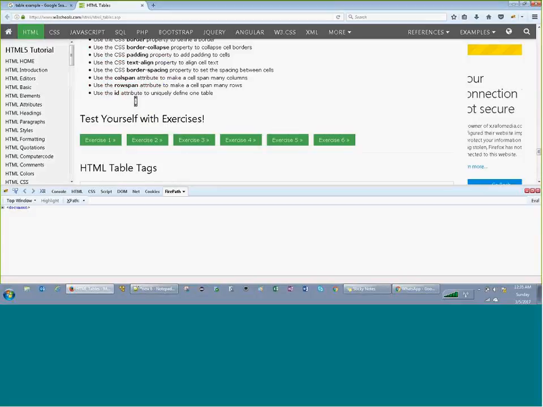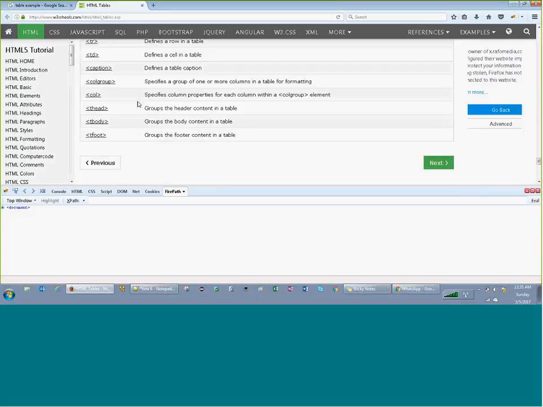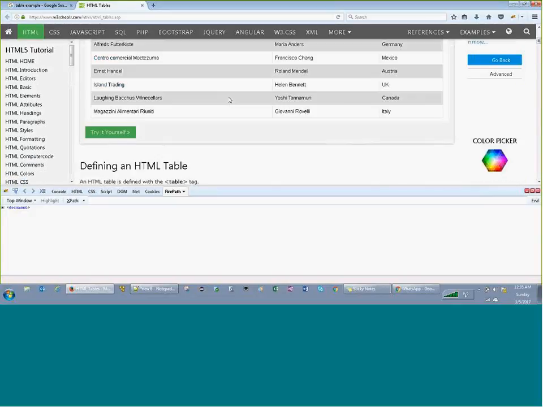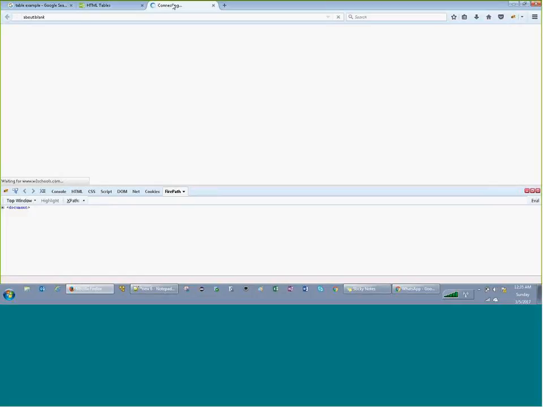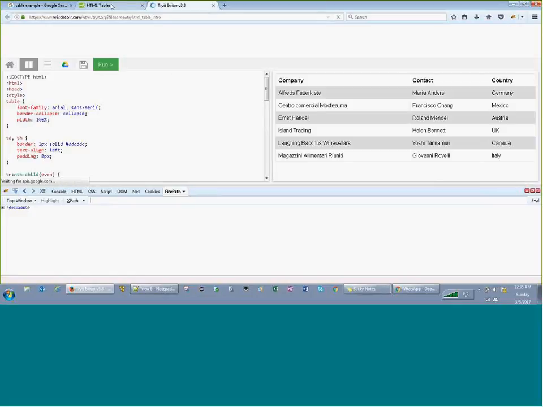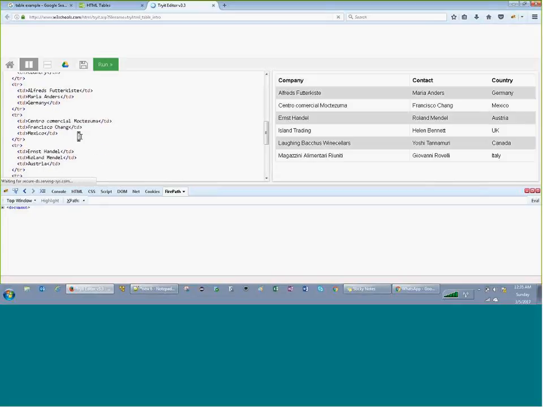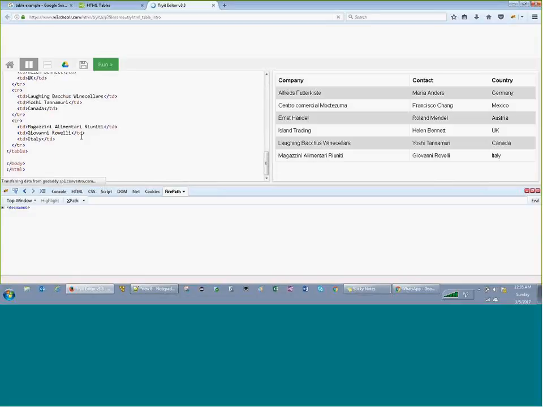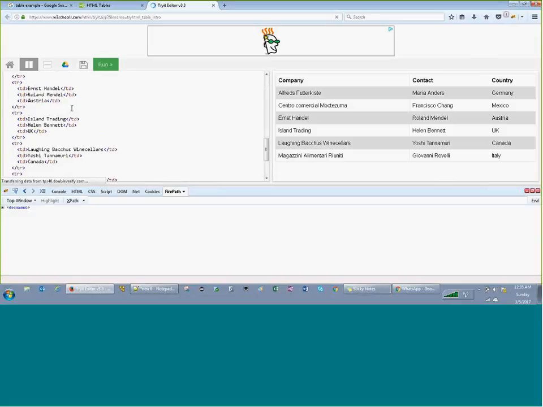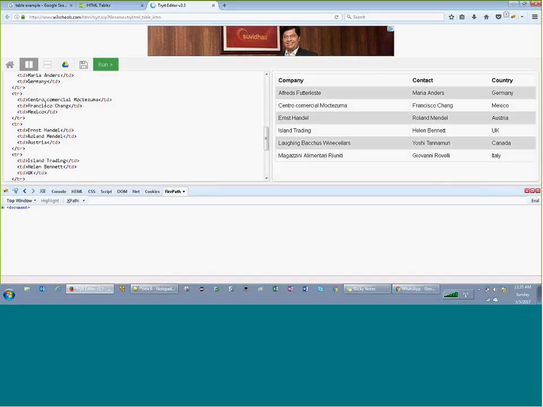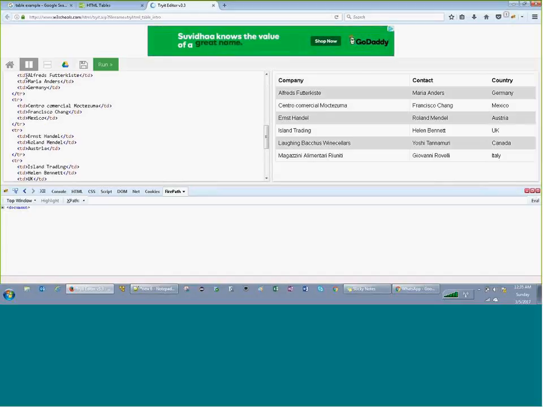That is the problem. Okay. This is a basic table, but one would do a table like this. So I take this TD